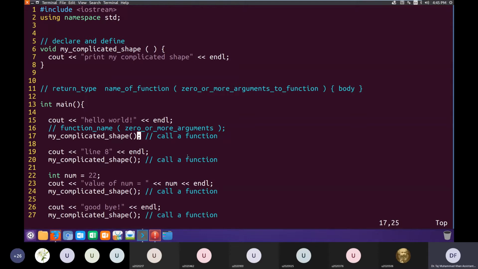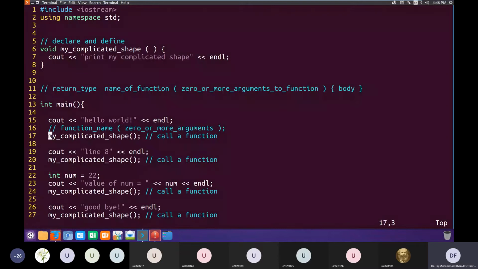What happens is when our program starts, it starts from main and executes the different statements within the main function in a linear fashion. It will first execute this cout on line 15, and then it will execute this call to the function on line 17.